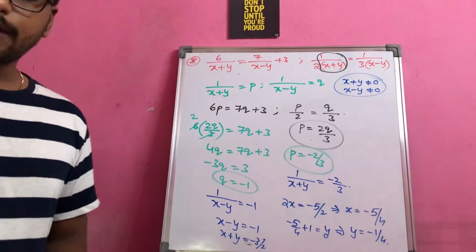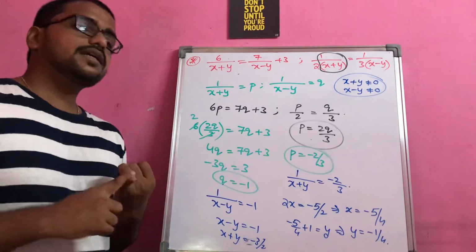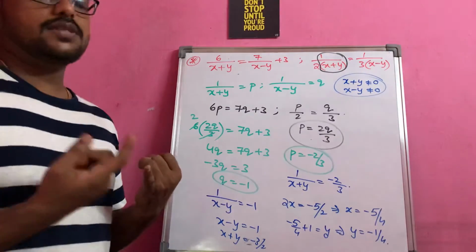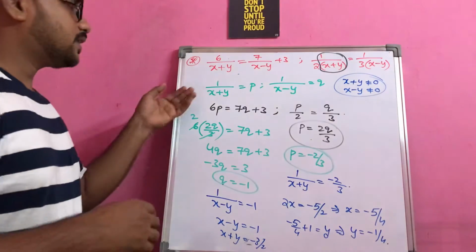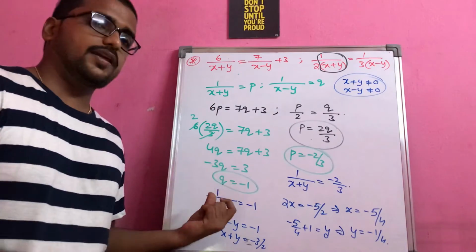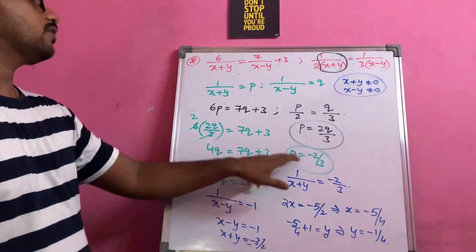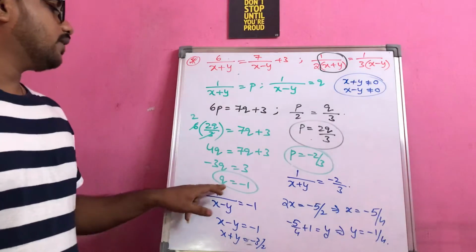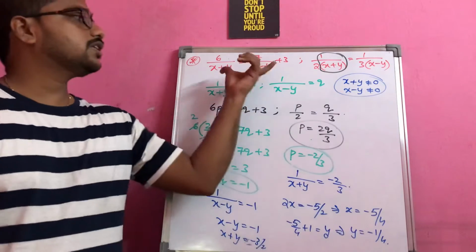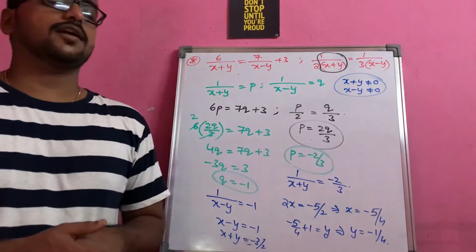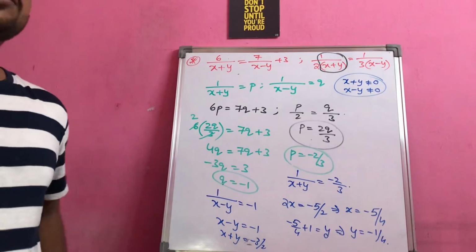So the important point you have to notice when you are dealing with the reducible form is whatever is repeating for more number of times and which is not in the linear form, try to take it as some other variable. Just substitute those, you will be getting the equation, simplify that. At last, resubstitute whatever variables you had taken. So P I will replace with 1 by x plus y, Q I will replace with 1 by x minus y. If you simplify it further, you will get x and y. And the question is in terms of x and y, so the answer should also be in terms of x and y. Right? This is how you have to simplify the equations of reducible form.